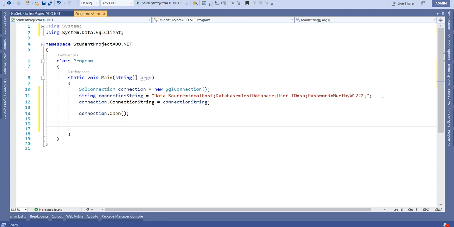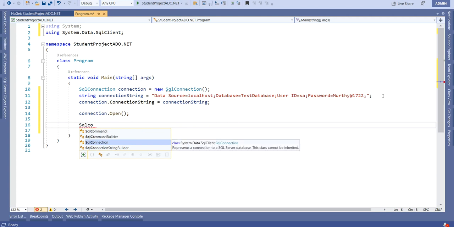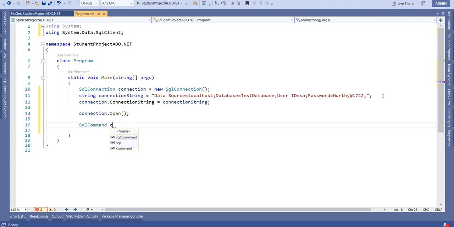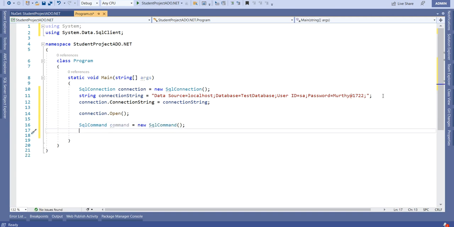The second step is we need to define the command object. So let us define the command object. SQL command, command equal to new SQL command. In this SQL command, first we need to assign the query using which we want to connect to the database. That query is nothing but command dot command text.